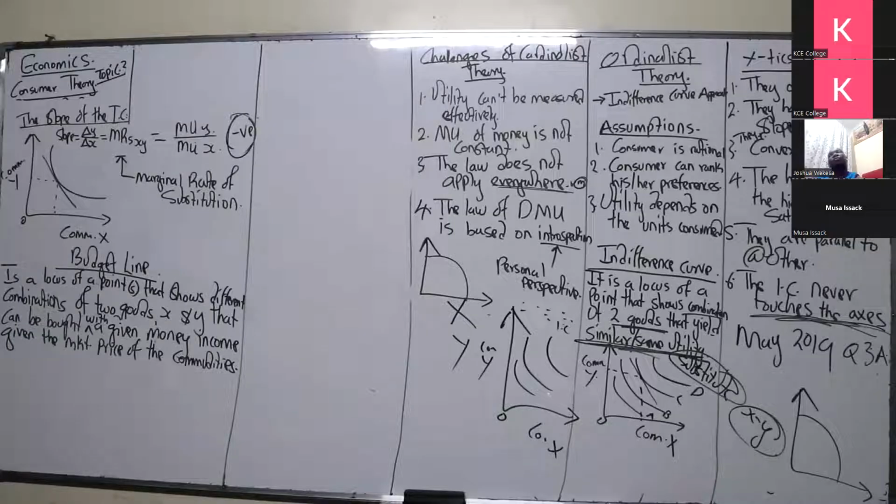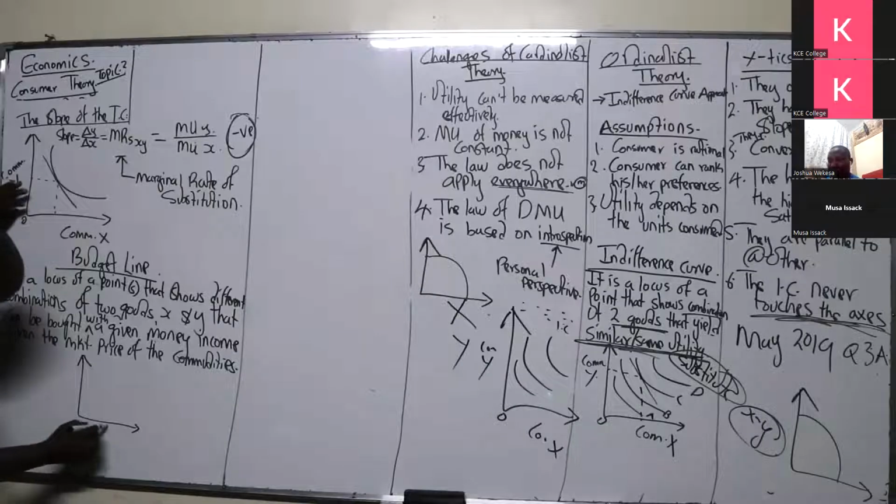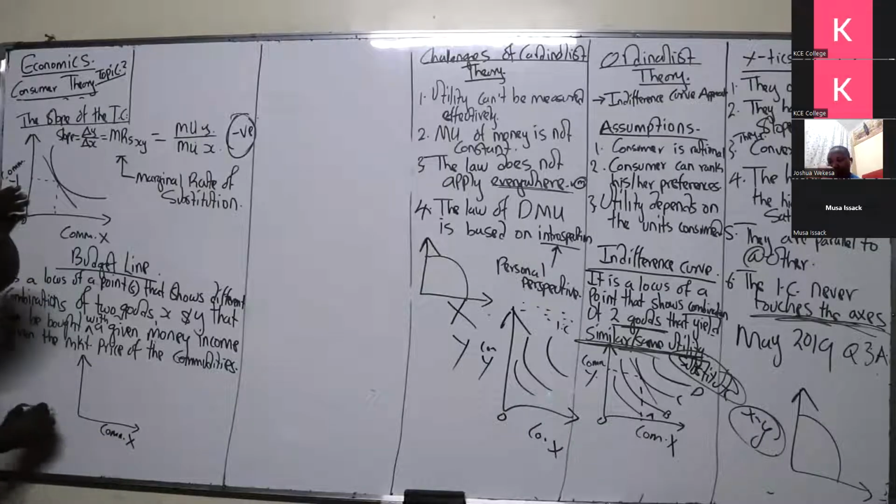So I can remember when we were talking about the introduction to economics. Do you remember that concept whereby we talked about choices and opportunity cost? One aspect that we really talked about is the resources, and we said that resources are limited. That's why you cannot buy anything, anyhow, or at any price. Meaning that when you're talking about the budget line of commodity X and commodity Y,